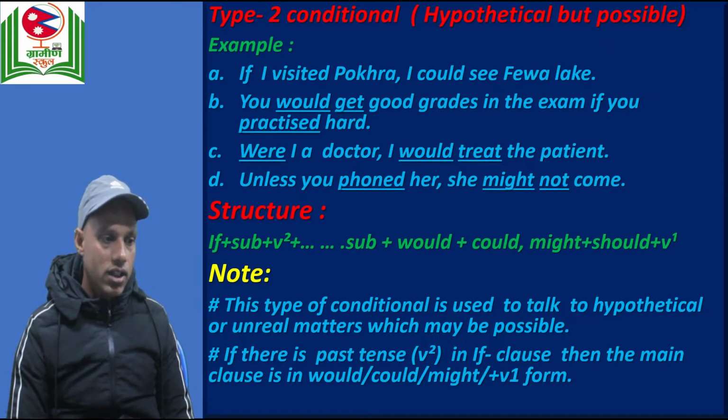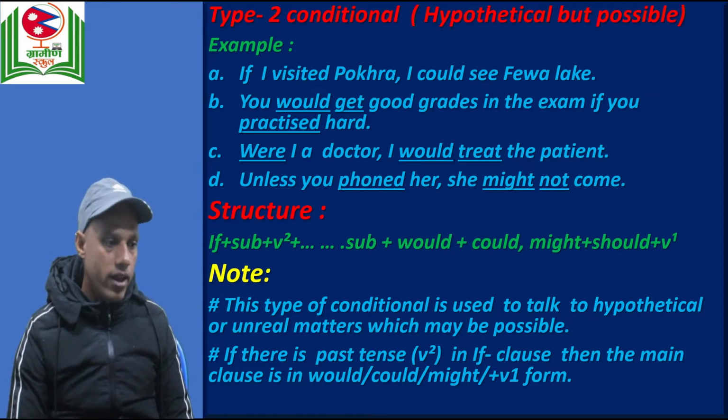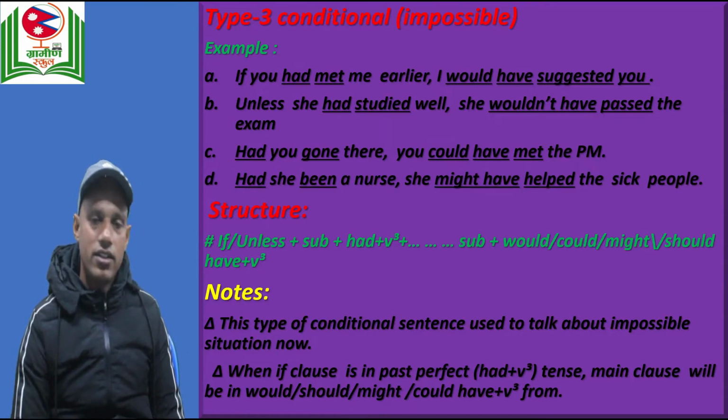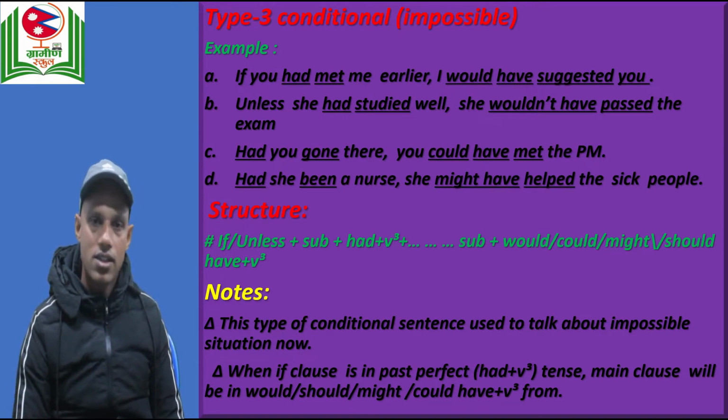And I have provided you some notes for you. Let's see the first point. This type of conditional sentence is used to talk about hypothetical or unreal matters which may be possible. And next point we have, if there is past tense in if clause, then the main clause is in would, could, might plus verb 1 form. Yes, I hope you got some ideas. Yes, let's see the next type now. We have the next type of conditional sentence, that is type 3 conditional,